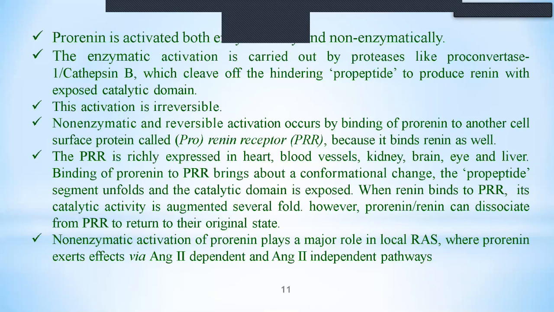action is irreversible, whereas the non-enzymatic and reversible activation occurs by the binding of prorenin to another cell surface protein called the prorenin receptor, or PRR. They are known as prorenin receptors because they bind with renin, a very specific receptor to renin. The PRR is richly expressed on the heart, blood cells, blood vessels, kidney, brain, eye and liver, and